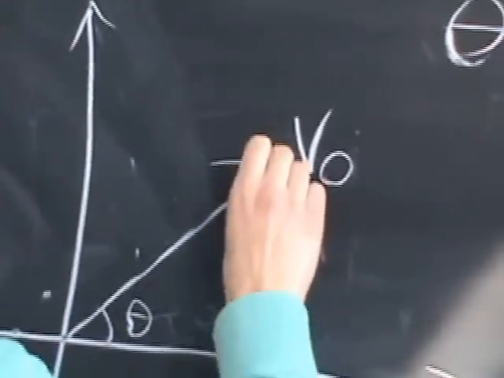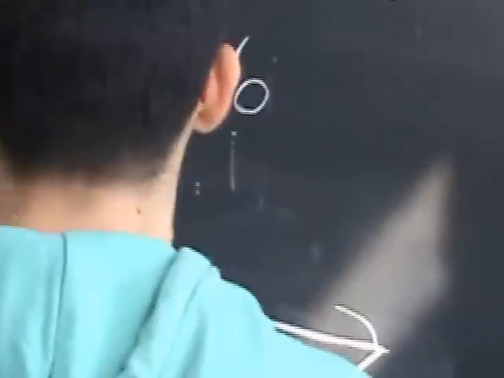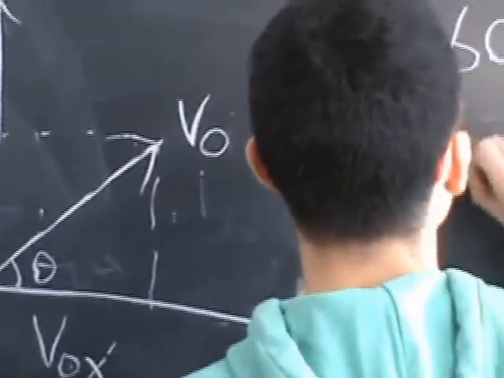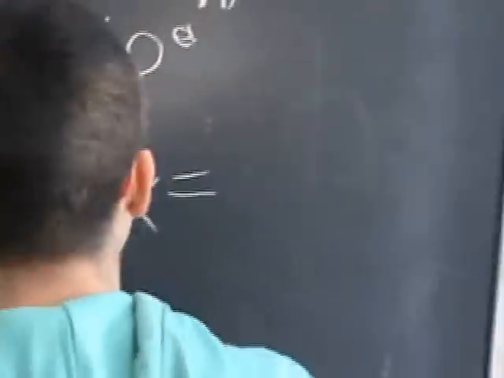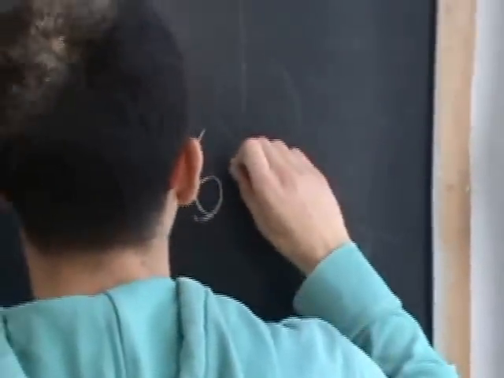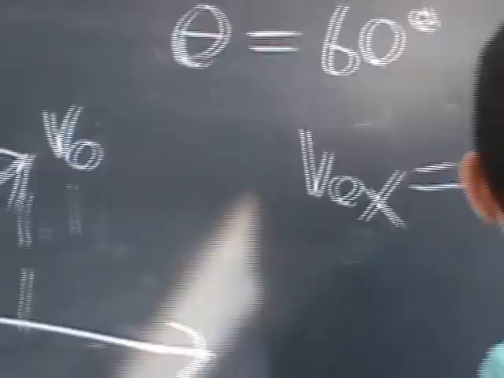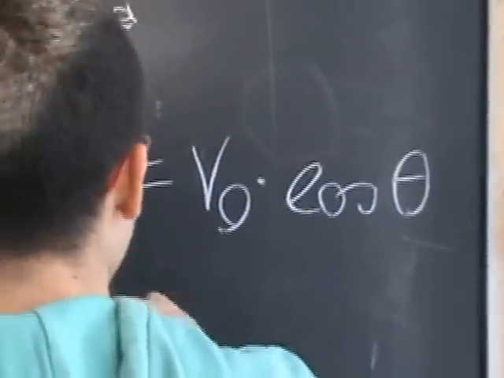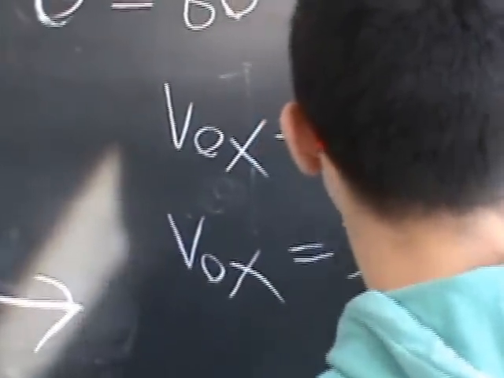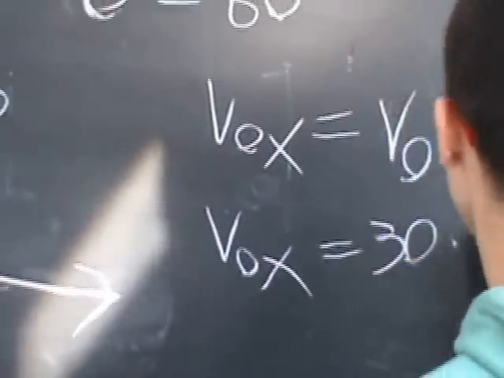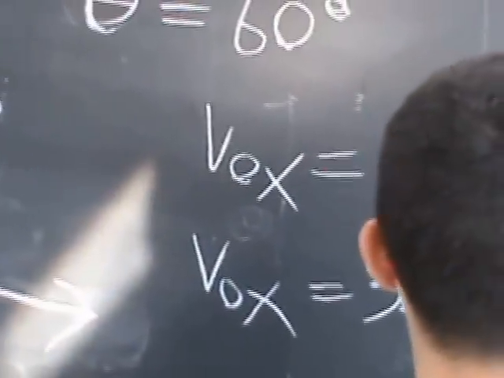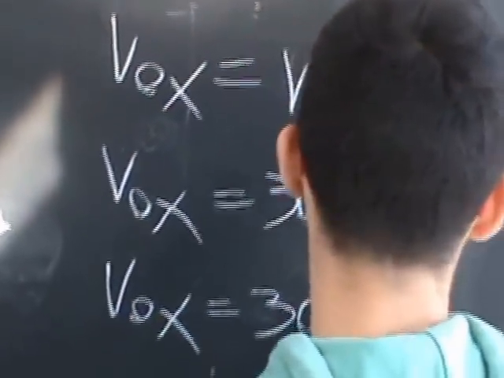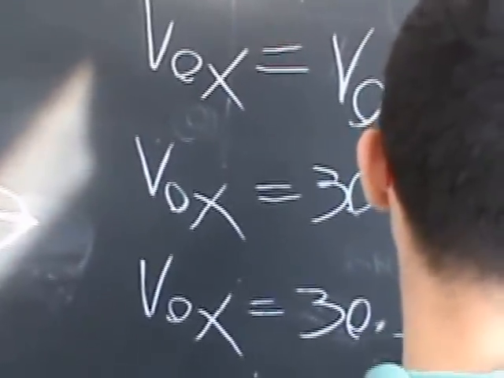Using trigonometry and the formulas we found before, we know that v sub 0 sub x is equal to v0 times the cosine of theta, which in this case is 30 meters per second times the cosine of 60, which is 30 times a half, which is 15